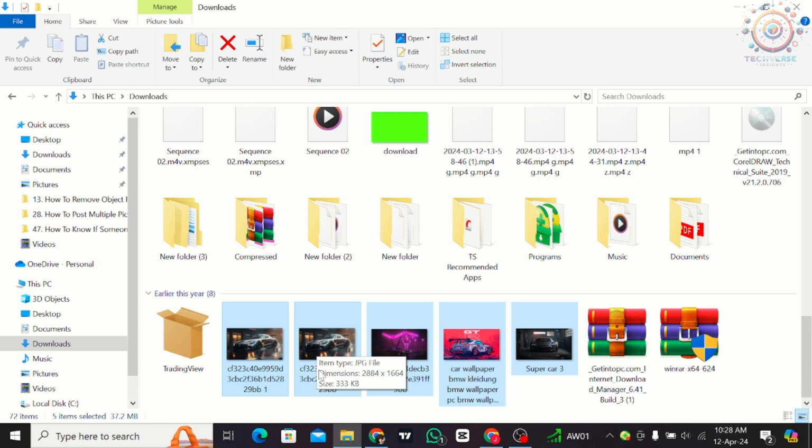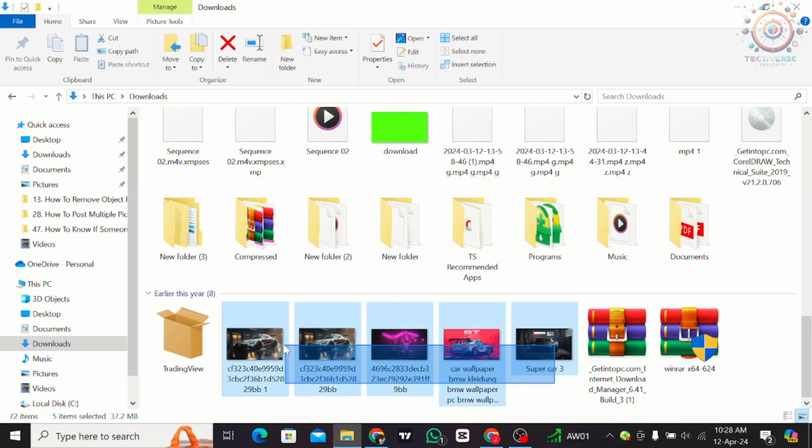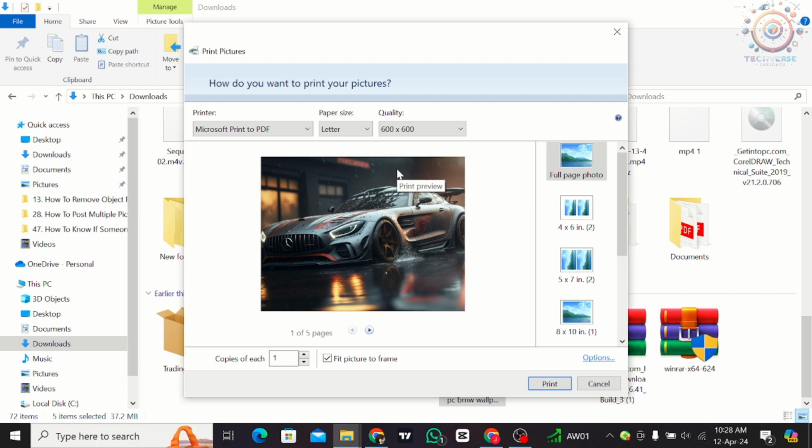Let's say that I've selected mine, which were here in the downloads. From there I'm going to highlight them, left click on print. Then I'm going to adjust the images on how I want them to look. From here, I am going to put it on fit picture into frame, then I'm going to click on